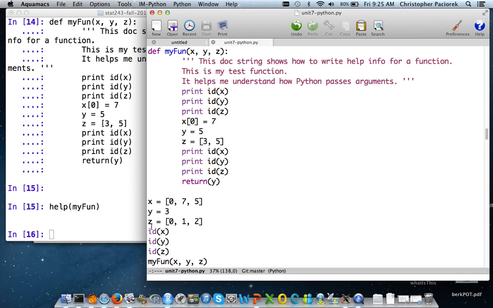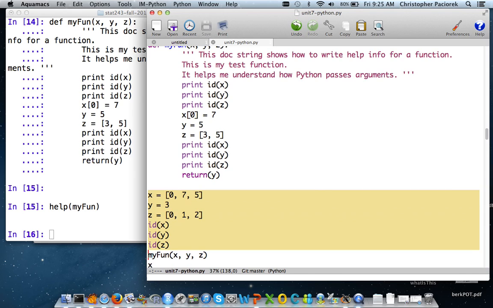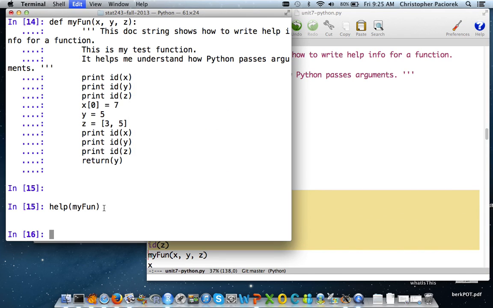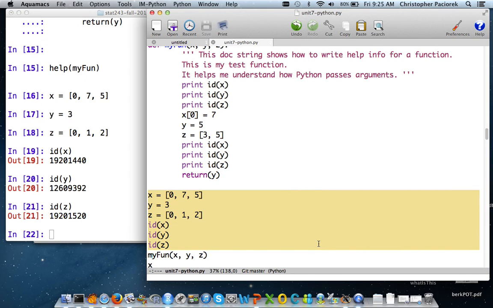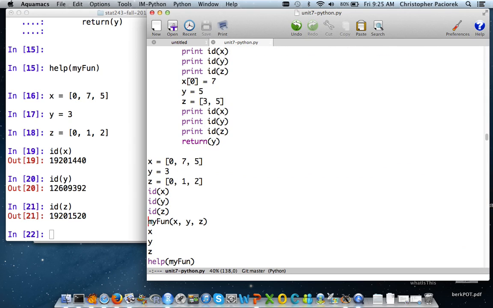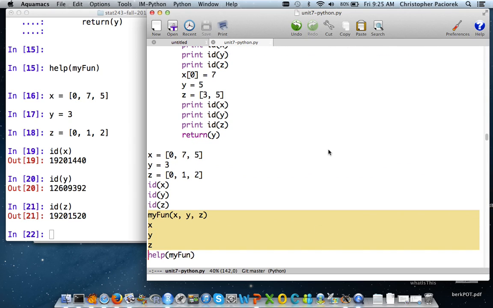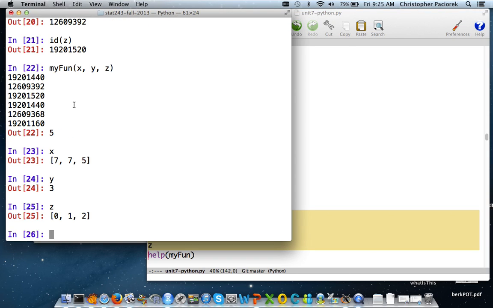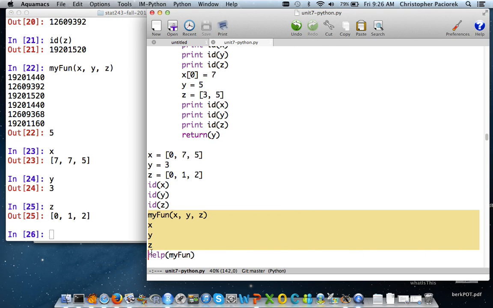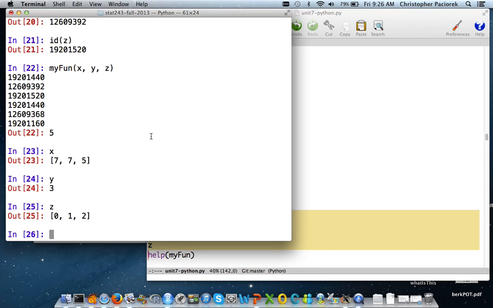So if we go ahead and run this function, I'm just going to set things up by defining my objects. I'm going to look at the IDs of those. And now I'm going to run my function. What happens in the function is I change an element of x to be 7, I change y to be 5, and I change z to be a new list. So if I now run the function, then